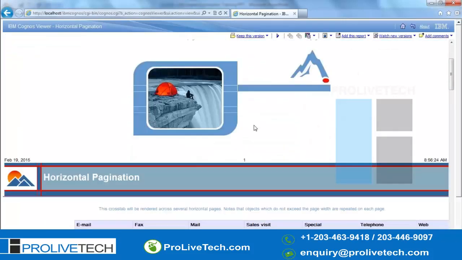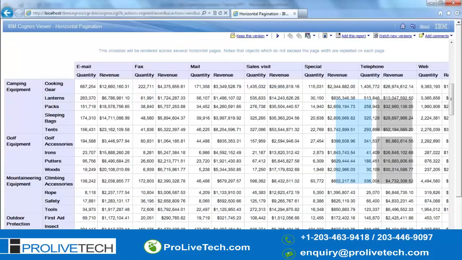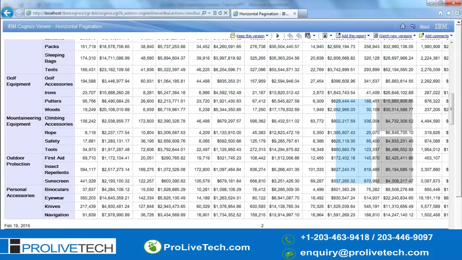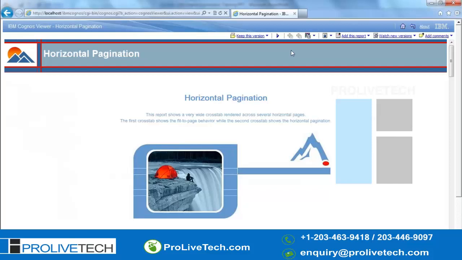So here I can do multiple options. It's a Cognos Viewer. In Cognos Viewer you can see the output, and here again you have multiple options. This report output has been opened in HTML. If you want to see other formats, you can click on this, view in HTML, view in Excel.